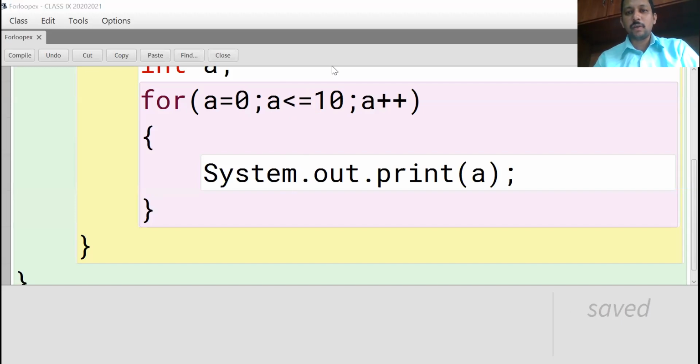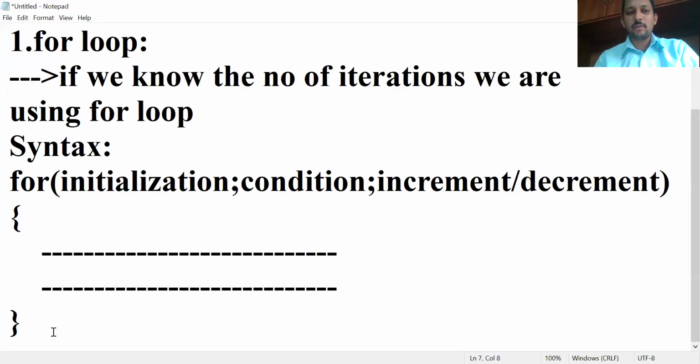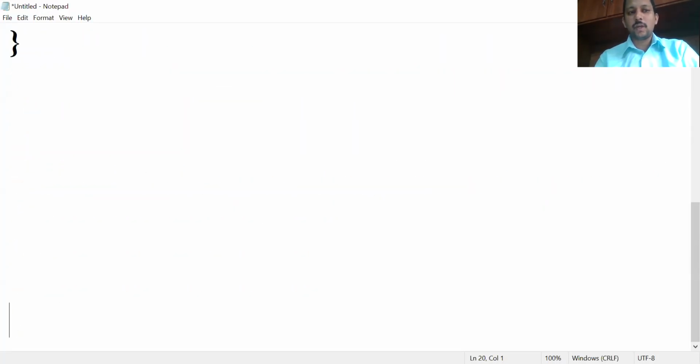Now the syntax for while loop also we will complete in this session. Note down. See the while loop.